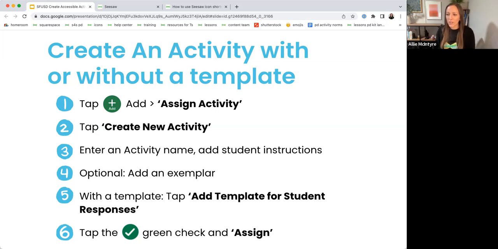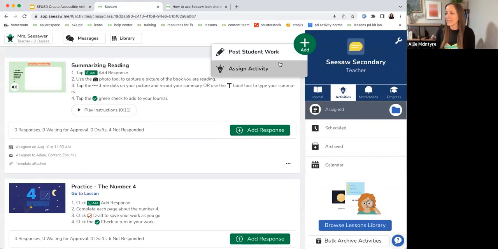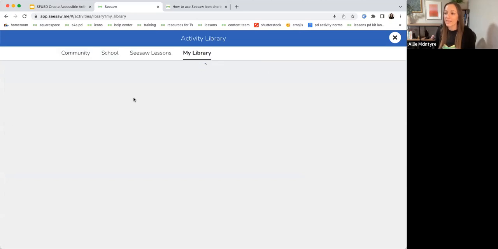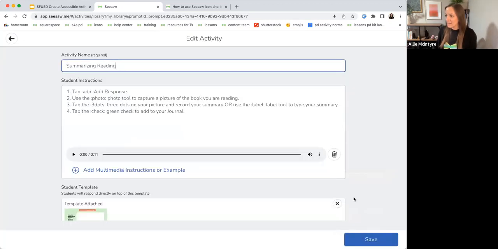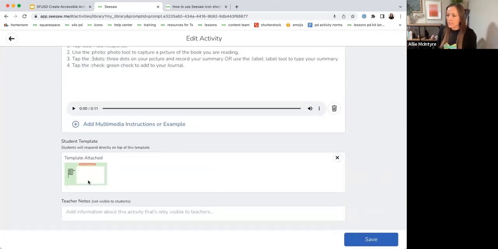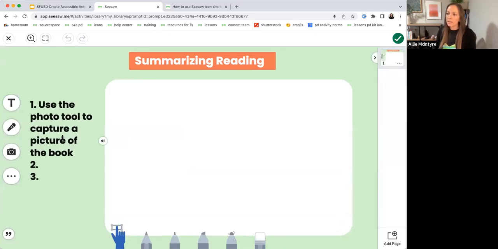Oh, Mayako, such a good question. It's something I forgot to show. They asked, if we create a template, can the students edit the teacher's text or only the work in an editable box? Let me hop back into this activity. There is a way that you can lock the text, and I highly suggest you do it. And I don't know why I forgot to show this. So I'm going to go in and edit. I'm going to go back to my student template. And when I click on anything I've added right here, I'm going to see those 3 dots.